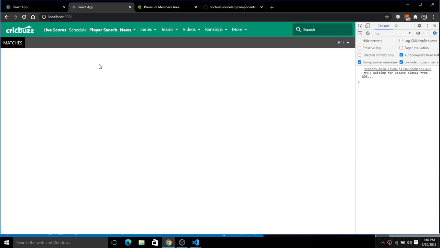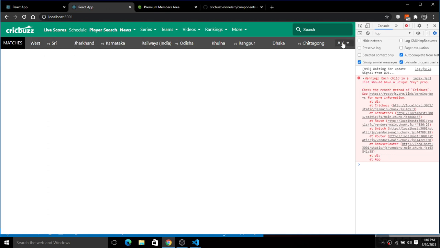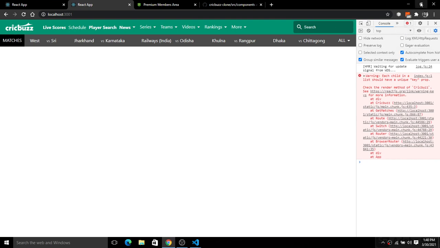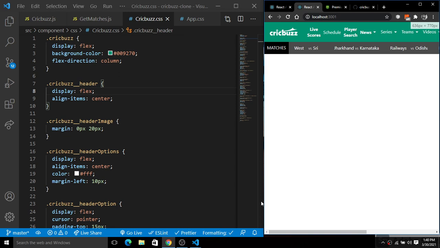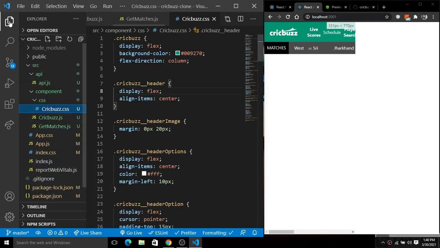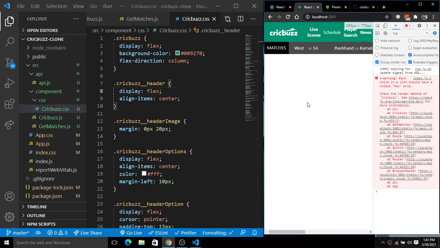Okay, now we have these matches, we have all these things, and we have this all section here. Next it's time to create a component for the match card, list card or match card here. So let's go back there.